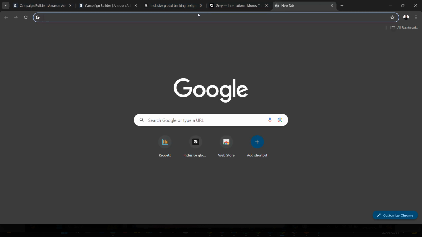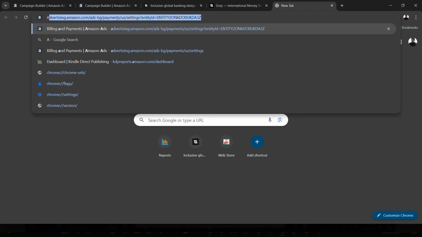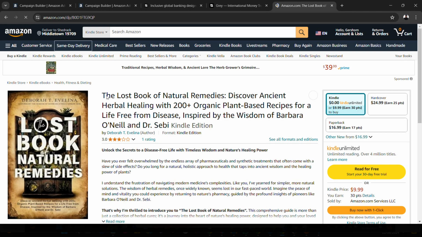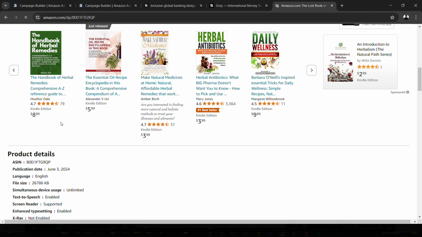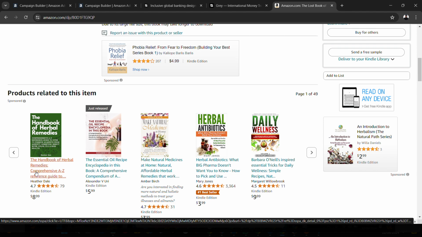So let me go to the Amazon platform, and I will show us how a custom text looks like. So let me go to Amazon.com. Okay, perfect. Anytime you see books that are on ad, you will see sponsored attached to it. So this book is on ad, but this is a standard ad. Either